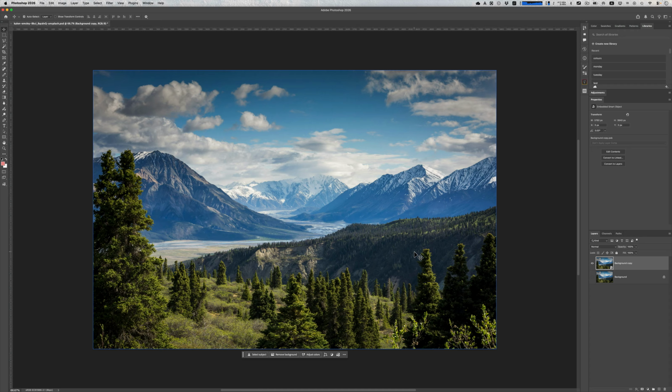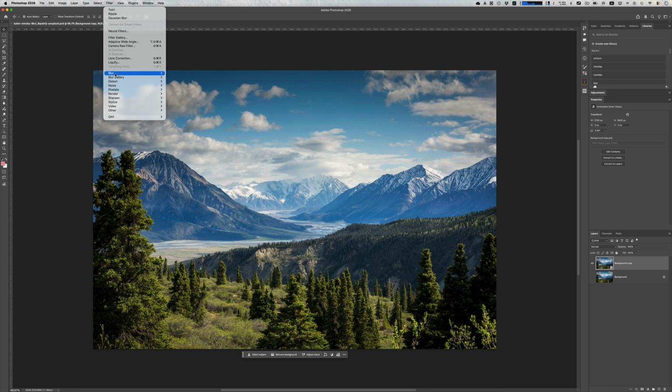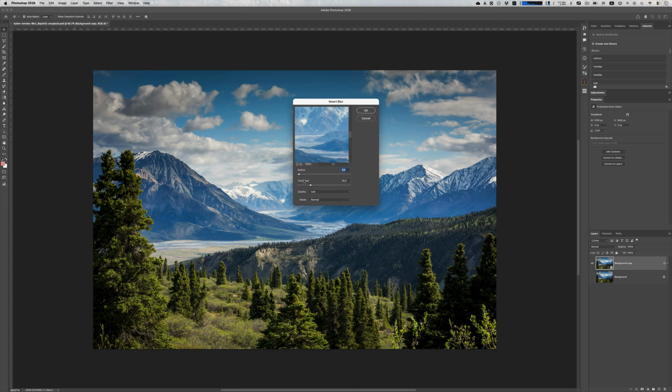So obviously we can go to plugins. Oh, sorry, not plugins. I've got plugins. Go into filter, blur, for example. And this is a smart blur, but I'll just play around, increasing the radius. And I can drag the preview. You can see how it's blurring. I can change the quality. I'll go high and you can see how it goes. And if I do OK,